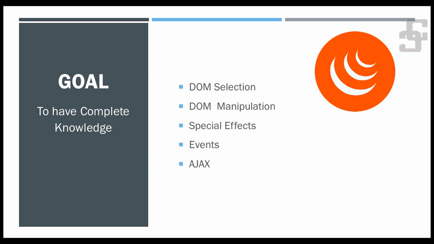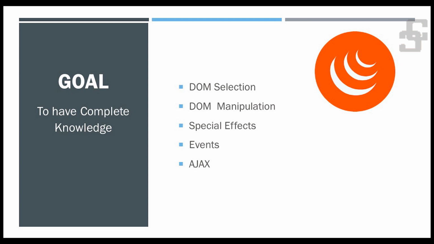In our course, we are going to see it step by step. We will be starting with DOM selection. In jQuery, we use selectors to retrieve DOM elements based on different criteria like tag name, ID, CSS class name, attribute name, value, and likewise. So we have several DOM elements, and then we will be moving on to DOM manipulation. We can manipulate using various built-in jQuery functions.